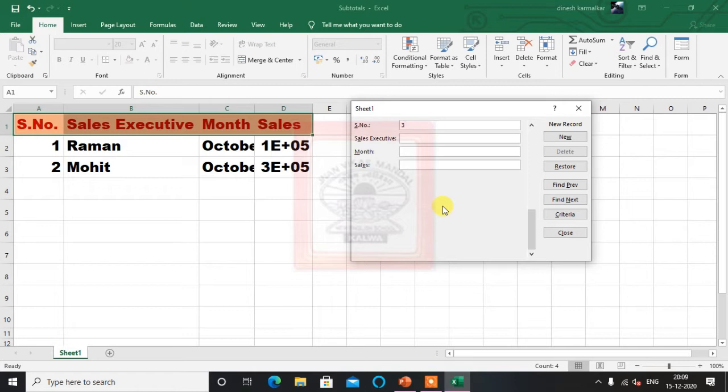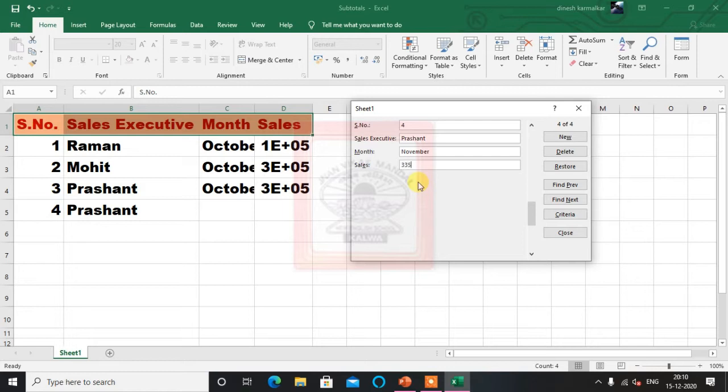And third is Prashant, October. Fourth sales executive again is Prashant. Now this record is again for Prashant, but sorry, wrong data was given here. Let's go previous. This Prashant is for the November month, and the data entry for it is this one.